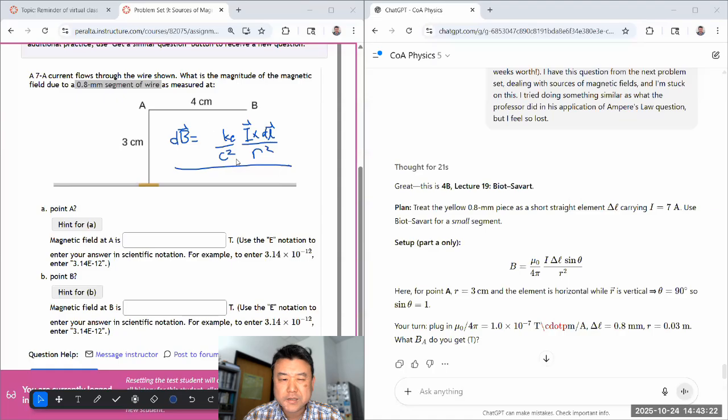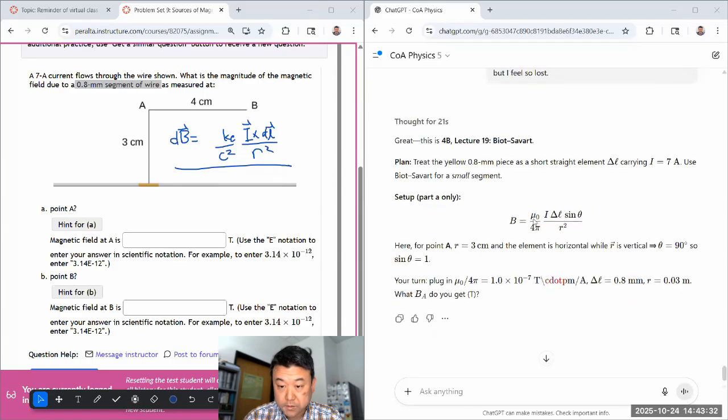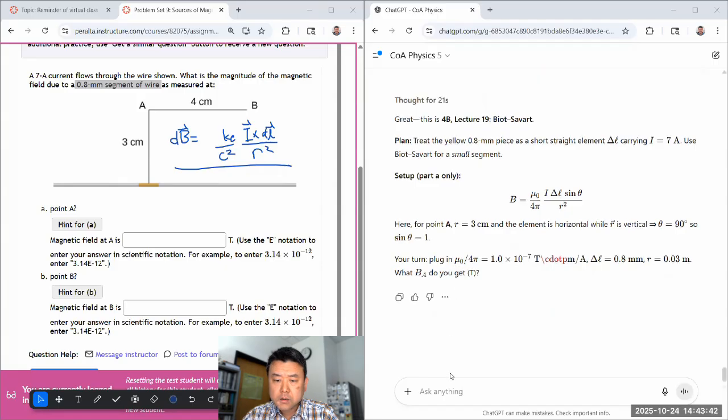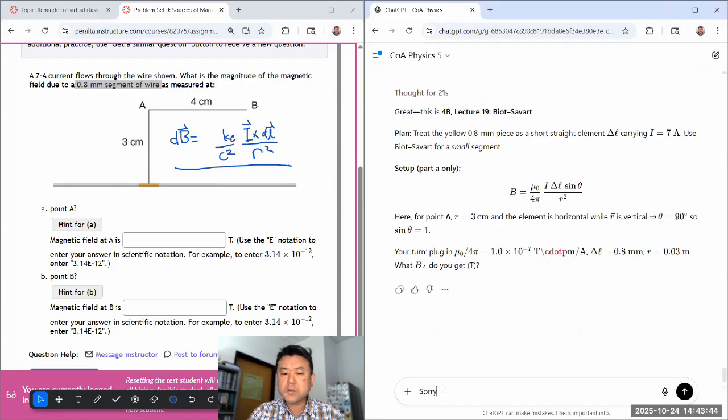I'm pretty sure this coefficient is correct when you substitute to use Coulomb's constant. Treat it as a straight wire. Yeah, Biot-Savart's over a small segment. It's a cross product. When you're looking for magnitude, it'll give you the sine theta. Sorry, I thought